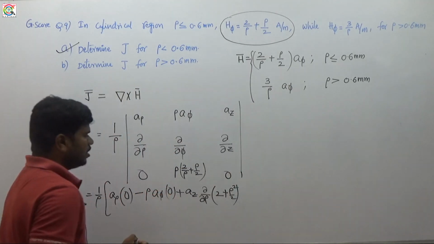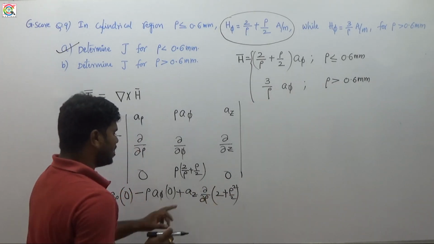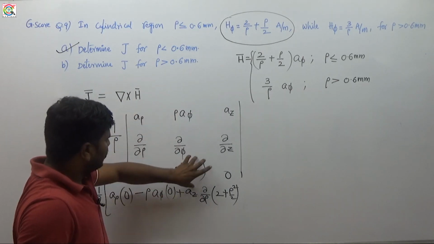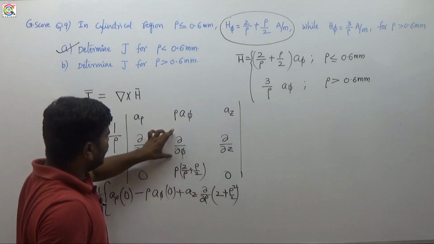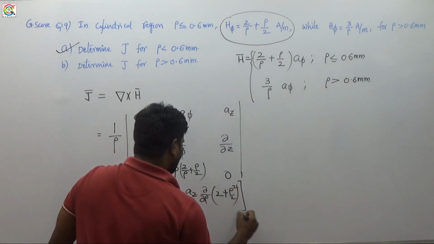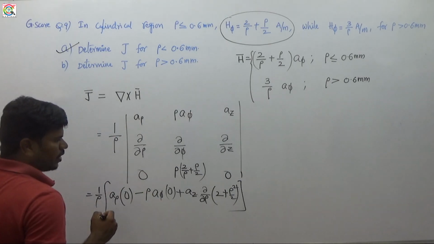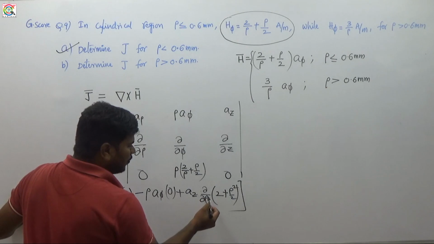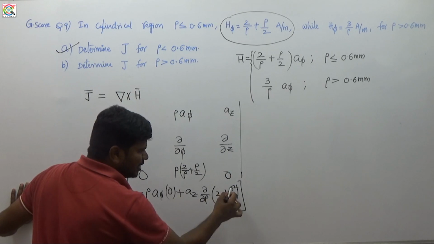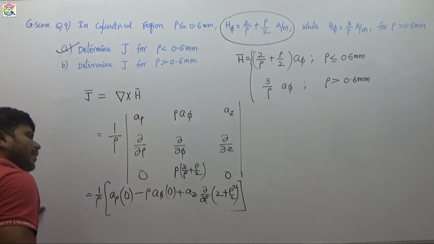I am writing here. So this is plus, okay, az into dou by dou rho of this one, okay, dou by dou phi of this one. Okay, so here if you simplify this, finally how much you are getting? So here it is 0, okay, so the dou by dou rho of 2 is 0 and it is rho square divided by 2, so this is 2 rho, it is 2 rho divided by 2, that will be rho.